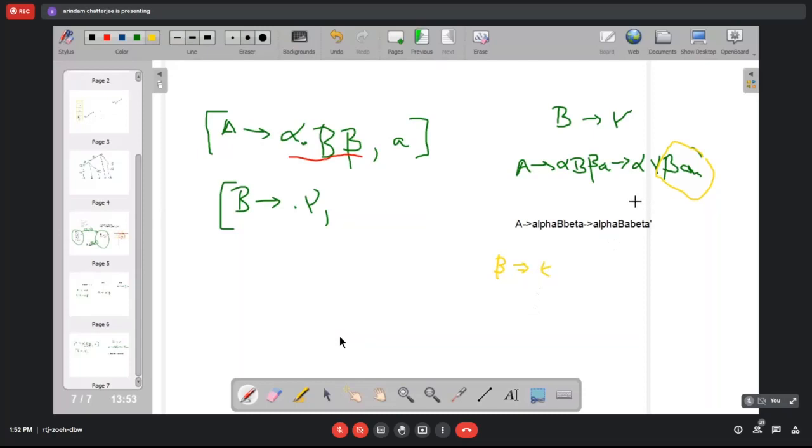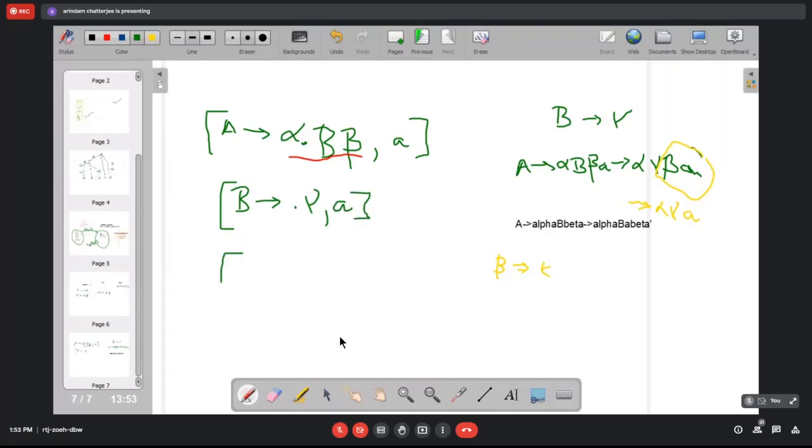Then what you get is alpha gamma A. So that means if you have an item A producing alpha dot B beta, where beta produces epsilon, then for the item B producing dot gamma, your lookahead item is going to be nothing but A.